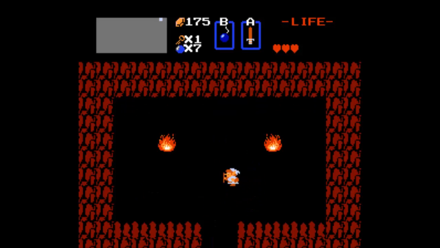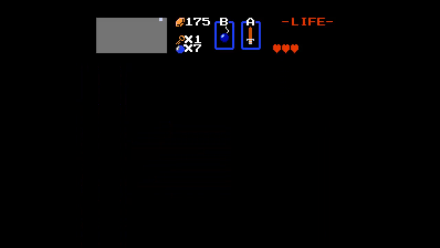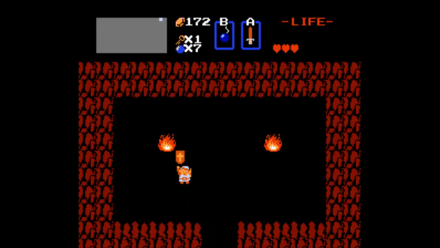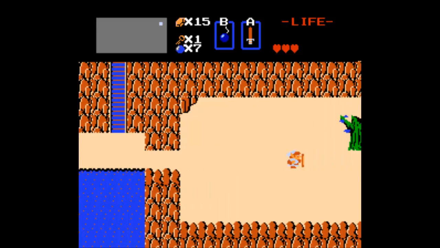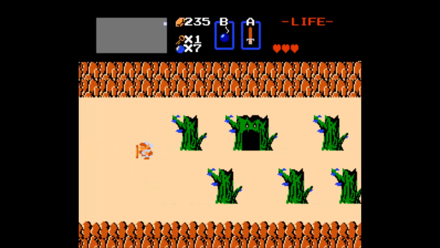Now that we have enough money, we can get the blue candle. Sorry for saying now twice. And we can get the shield, and I don't care if this is not the cheapest shield out there. But that's okay. Like I said, money's not going to be that difficult to come by, and I'm just going to pretty much tank on the money and...